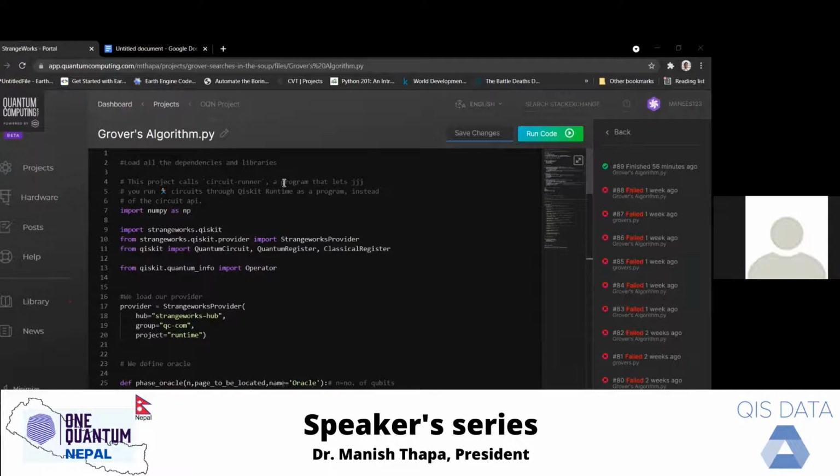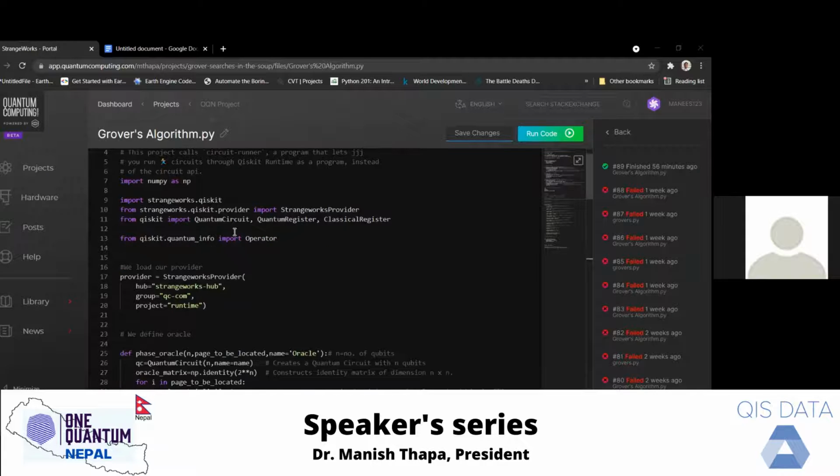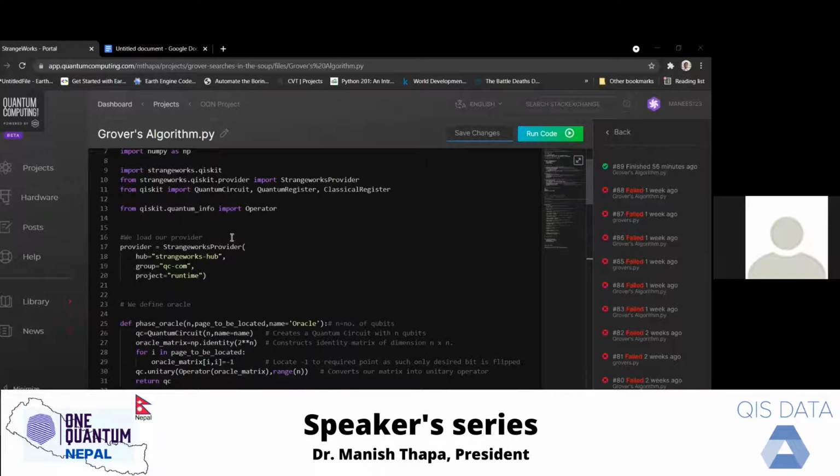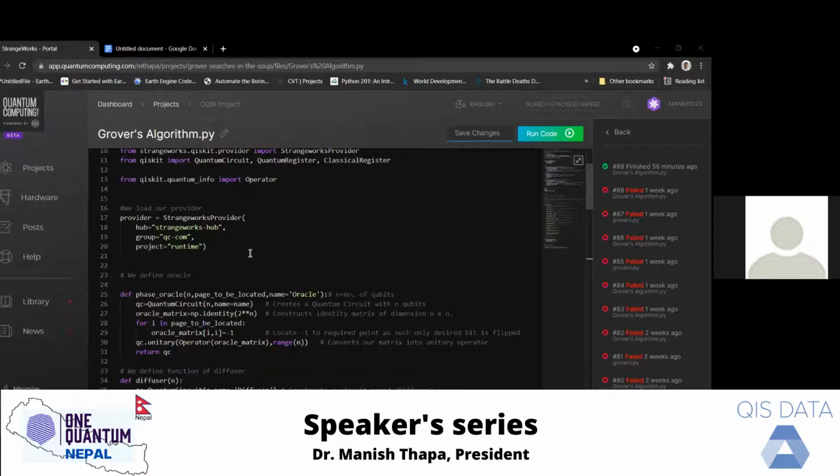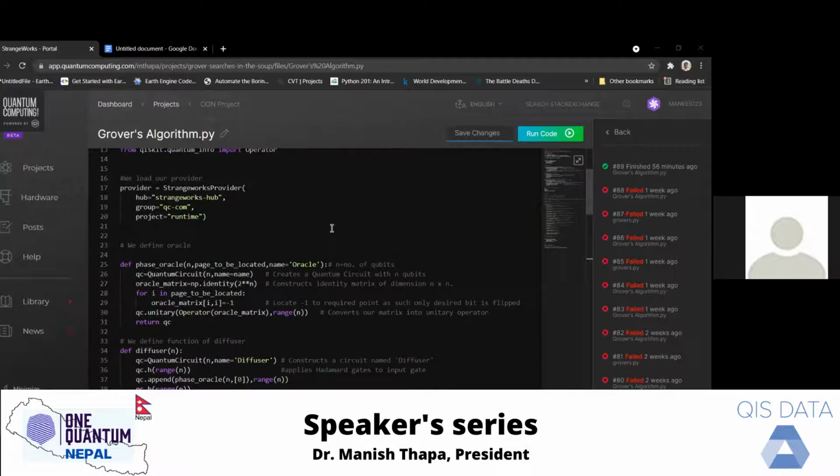So we load all our dependencies like NumPy and other libraries all at once, and then we define a variable named provider, which allows us to access IBM hardware. Here the Strangeworks provider allows us to access IBM hardware, and then we go to our main function that we defined.